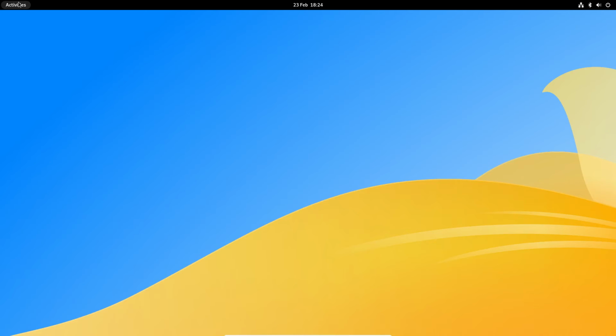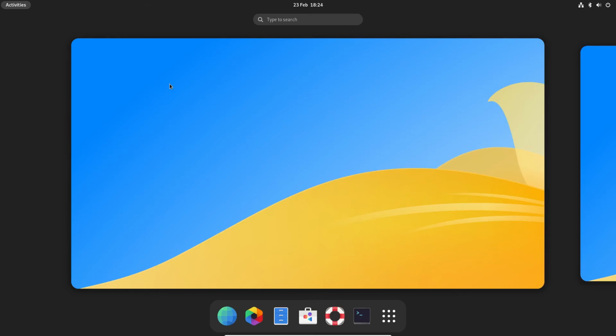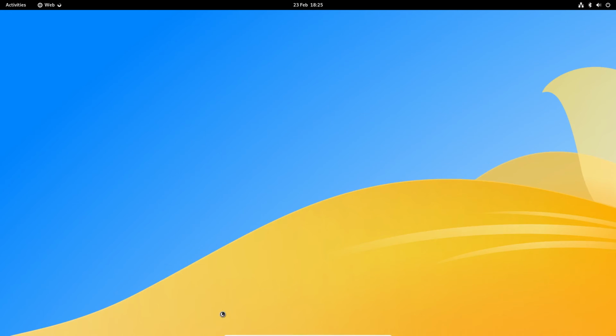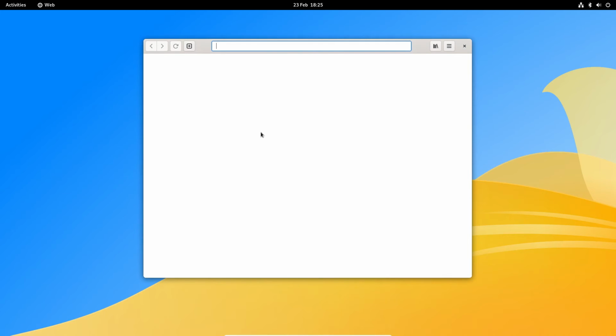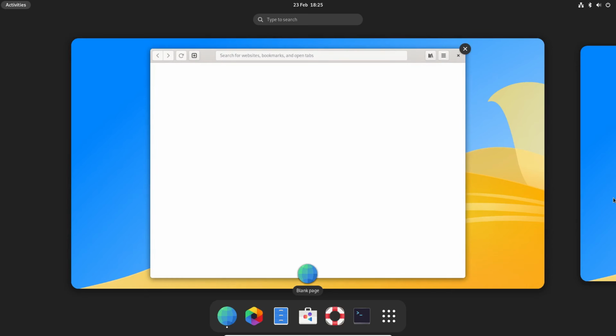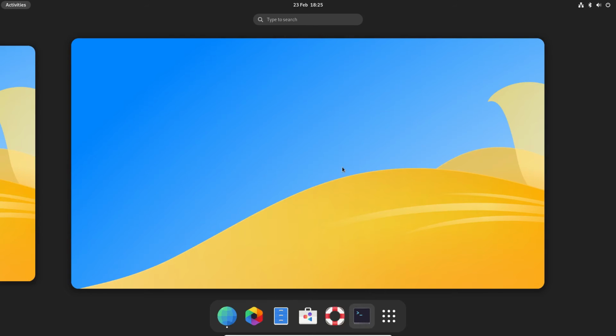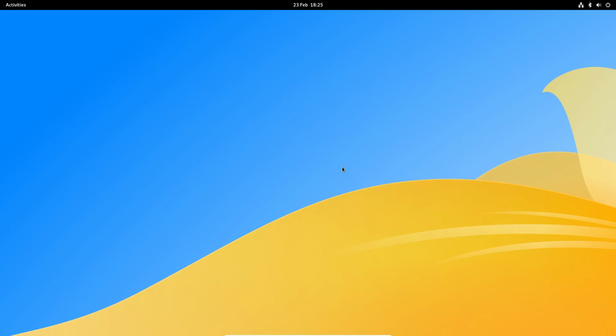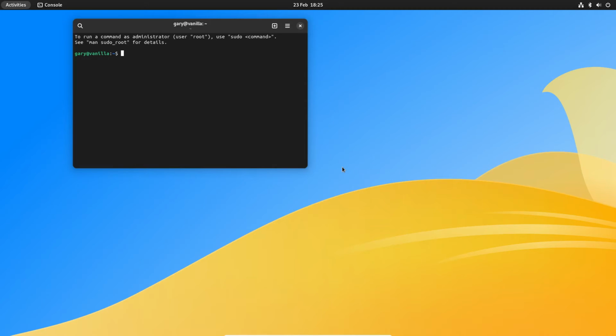If we go into the top left corner, this brings up your activities. You can also get there by pressing the Windows key, like that. And these things here are called workspaces. So I can open an application on this workspace and I can open an application on that workspace, and then you can flip between both of the workspaces. To prove that point, if you click down here, you could open any one of these. So I could open a web browser, and this is a stock web browser that comes with Gnome, and I can go over to this workspace here and I can open a terminal window, and so I can flip, if I want to,